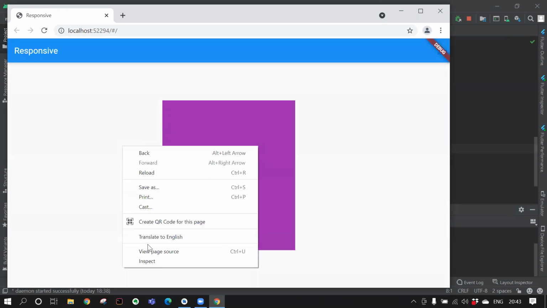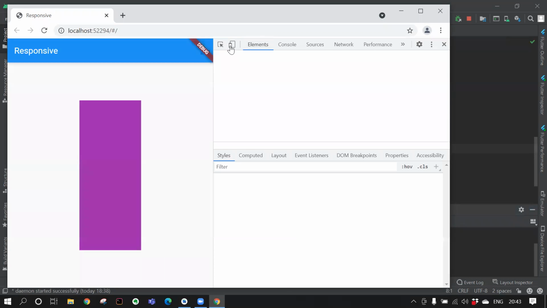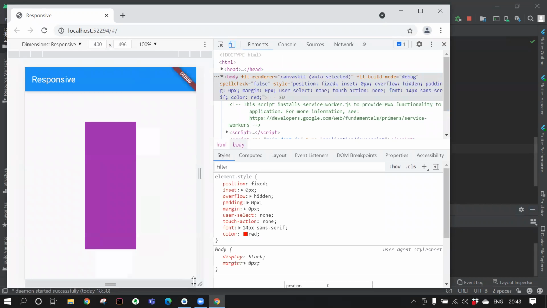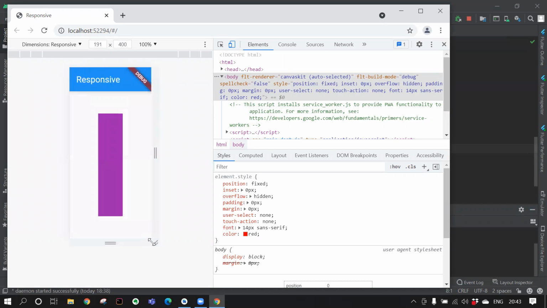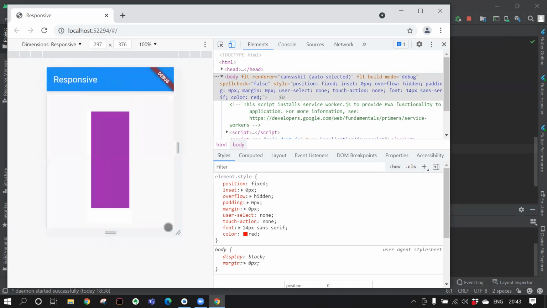It's done. So now if I inspect it and if I change the screen height and toggle it like this, as you can see the change. Initially, the height remained the same. Now, as I change the height and width of the screen of the device, the height and width of the container is also changing.